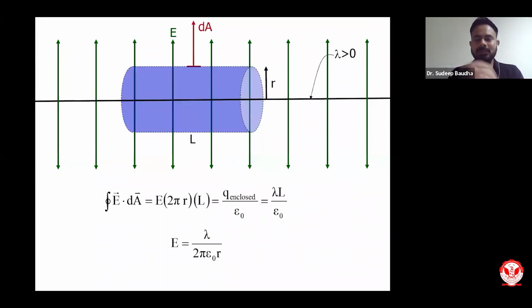So this is very interesting. Without doing integration, we already know for the case of a cylinder what the surface area, the volume charge density, and the linear charge density will be, and you can simply write the electric field in terms of linear charge density and distance without actually going for integral calculus.